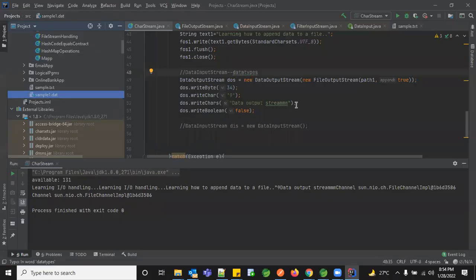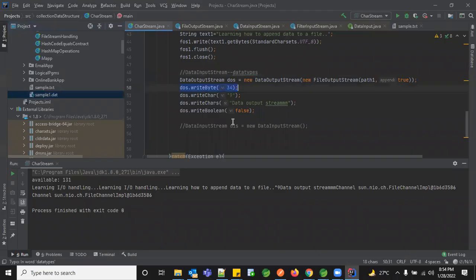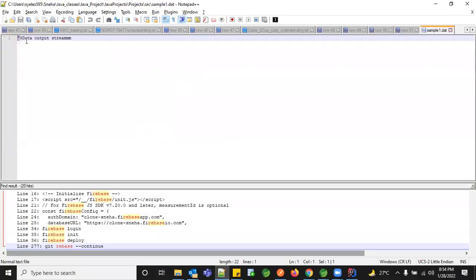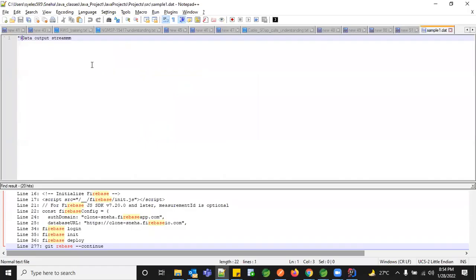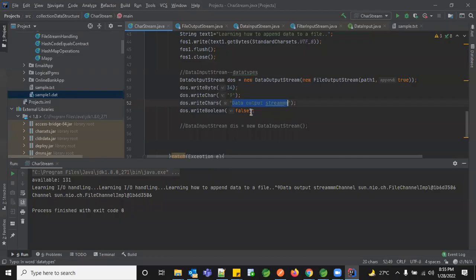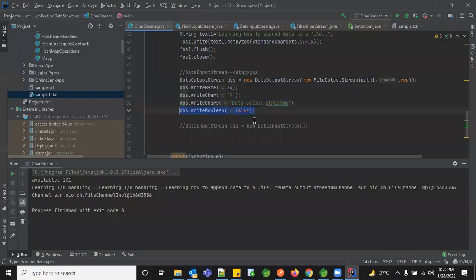The write byte 34 is not even showing. 34 is just the double quotes character. And then the 9, it's printing as a character. Next, the data output stream, you have that. And then the false, it's just true or false, so you don't have that printed anywhere here. Only if you read this, you'll get to know what you actually have written as part of your DAT files. So let's see how I can read that.